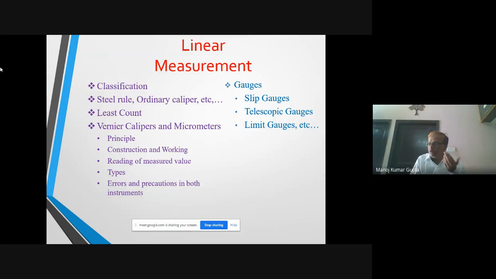In that I have depicted 6 units, and in that the force unit is Newton and the stress and pressure unit is megapascal. Pressure has so many units: kg per centimeter square, mm of Hg, torr, ounce per inch square. So there is quite a confusion, but in the SI system the unit of pressure is megapascal. 1 megapascal is equal to 1 Newton per millimeter square. So this is all about which we have told you in this presentation.